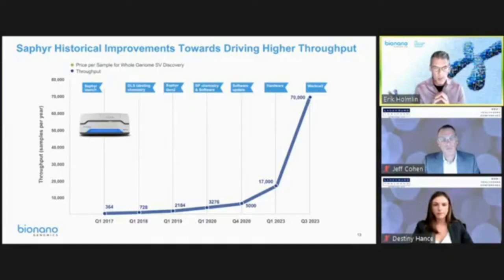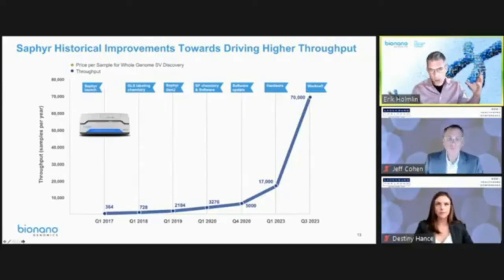And so what we will have in the market is our existing system at 5,000 samples per year or fewer, and then a high throughput system that serves really high volume central labs doing all sorts of testing. And so our roadmap and the catalyst that you're going to see coming out is going to be based around these clinical studies that are ongoing and all the data that they're throwing off,